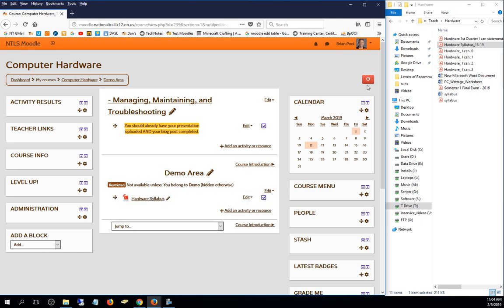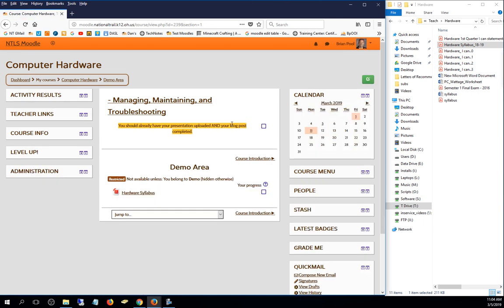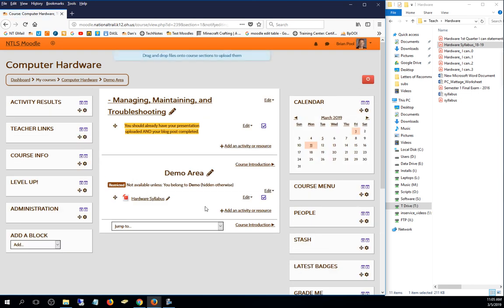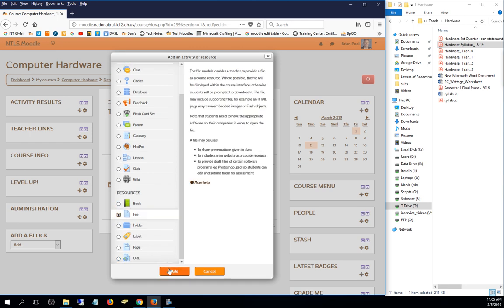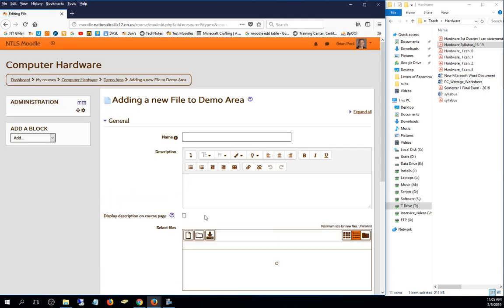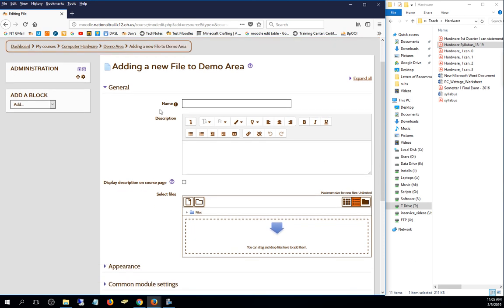And there's another way to add files as well. It's not as simple as that, but I want to go over it so that you kind of know the difference. I can add an activity or resource and choose file and add, and then I'm basically at the same place that I would be if I were to edit the file with the edit drop down link. So I have to add the name here,